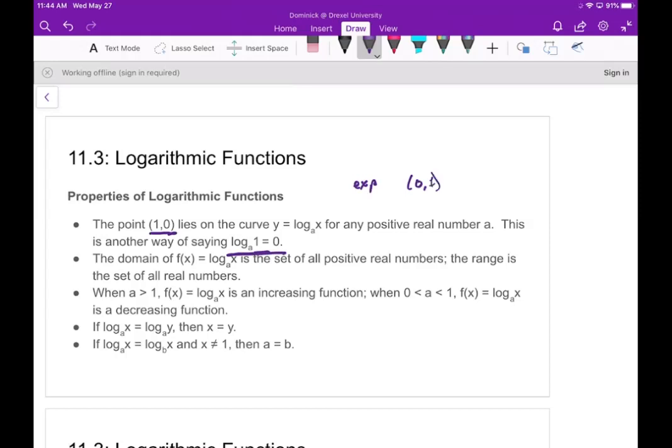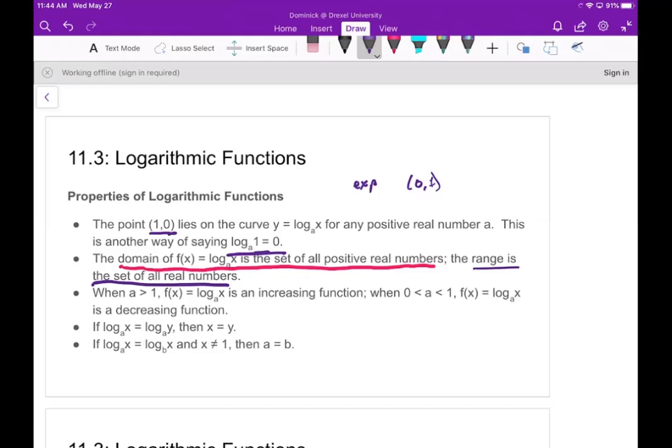So that makes sense. Now for logarithms, you have that the domain is all positive numbers and the range is everything, right? And of course, for exponentials, it was the opposite, right? You could only have positive numbers come out, but you could put any number in. For a logarithm, you can only put positive numbers in, but any number can come out,